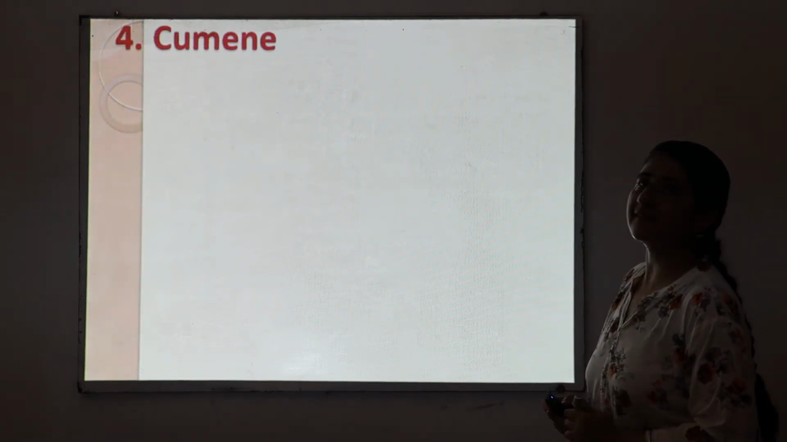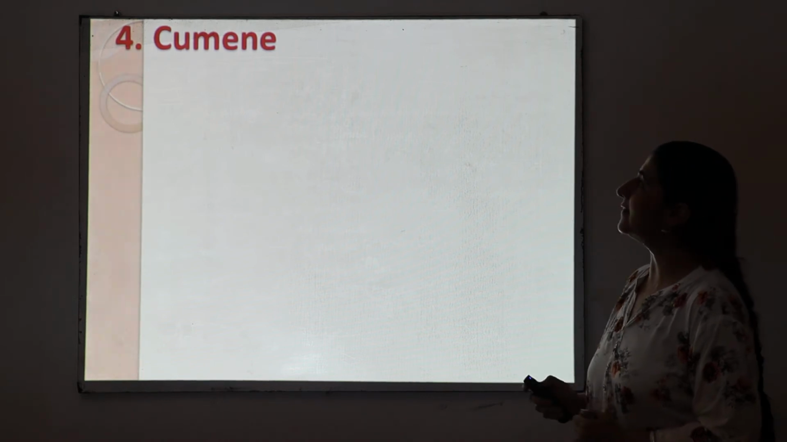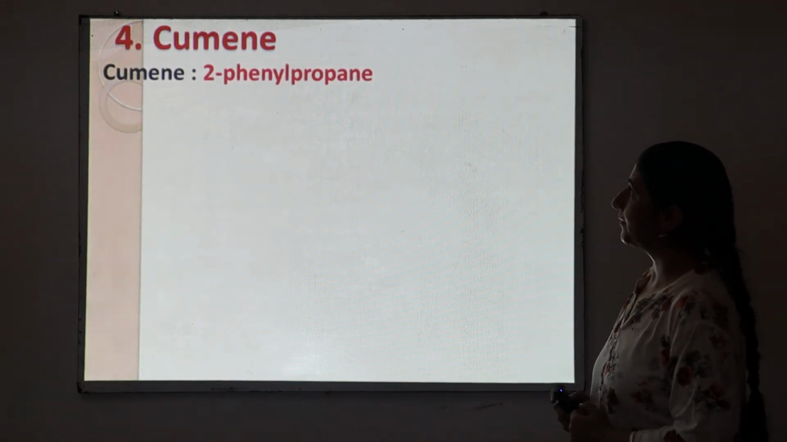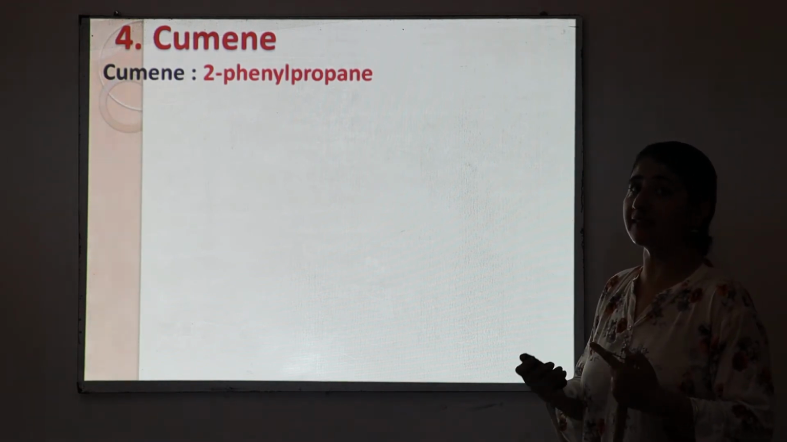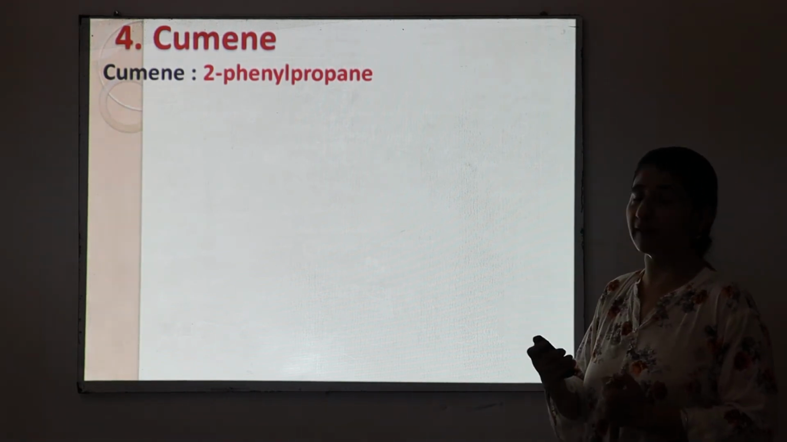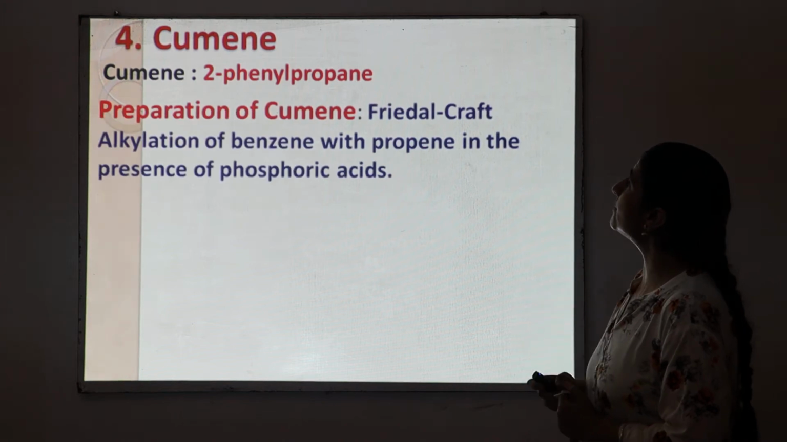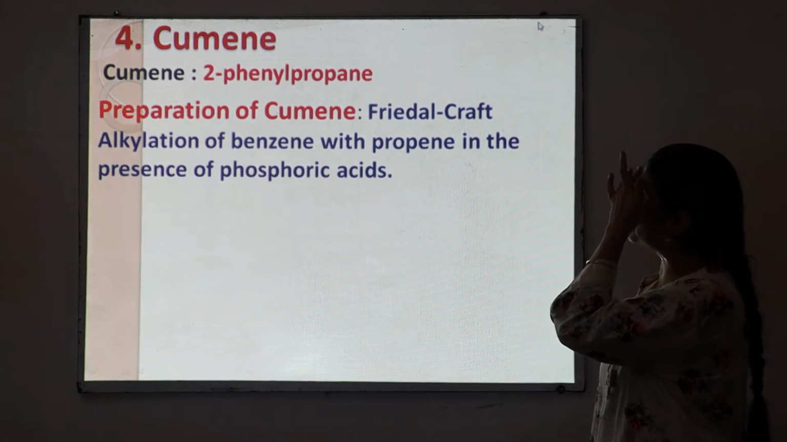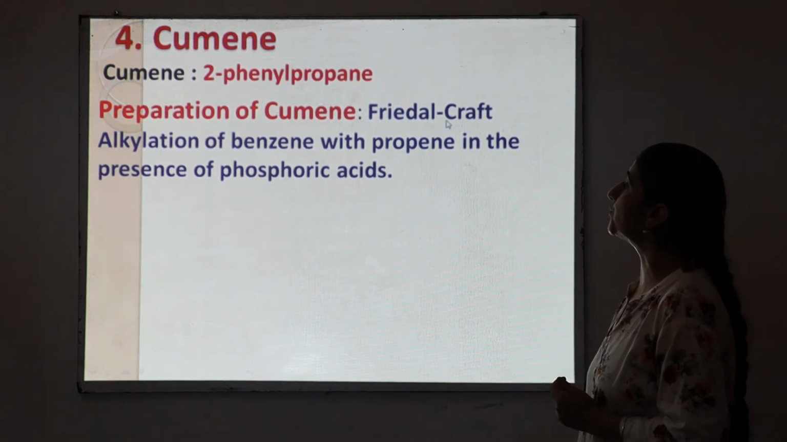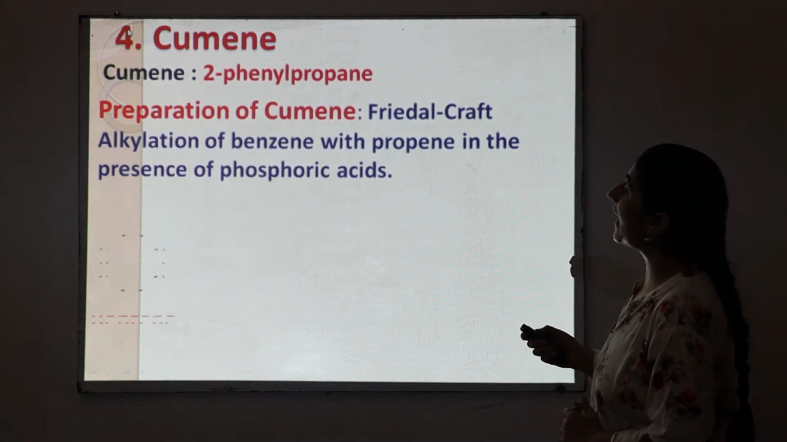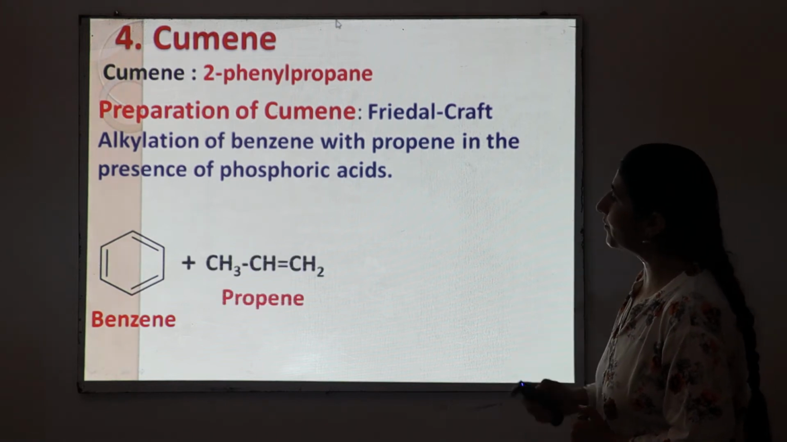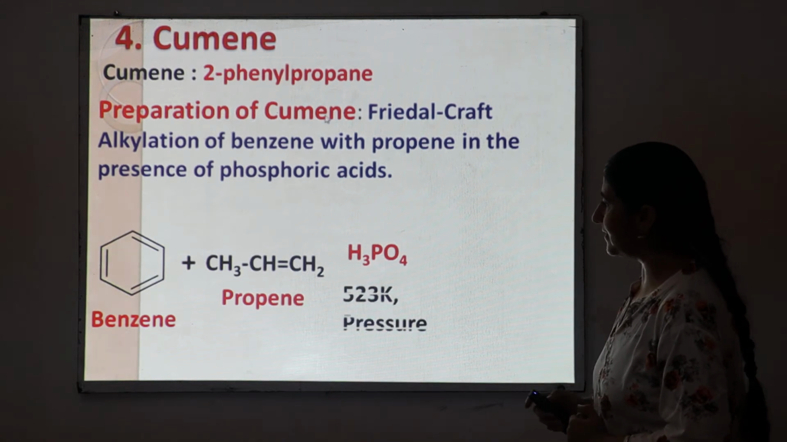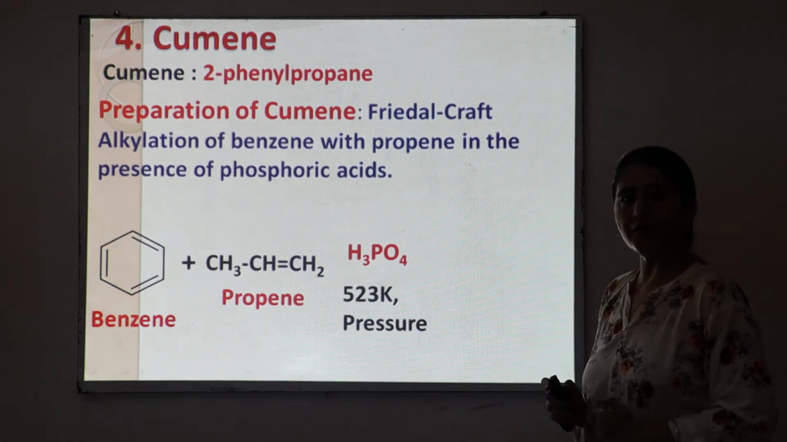The next method is from cumene. So what is cumene? Cumene is 2-phenyl propane. First of all, we will discuss how cumene is prepared. Cumene is prepared by the Friedel-Crafts alkylation of benzene with propene in the presence of phosphoric acid. So here we have benzene that reacts with propene in the presence of phosphoric acid at temperature 523